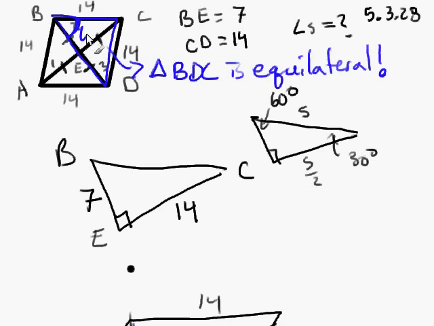So this measures 60 degrees. This measures 60 degrees. The angles bisect each other. This guy right here, 30 degrees. It's an equilateral triangle. All right. Next question is